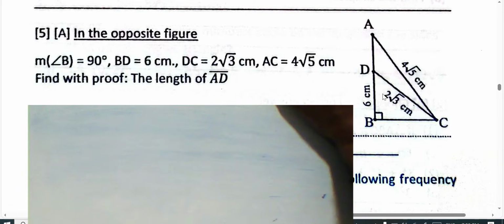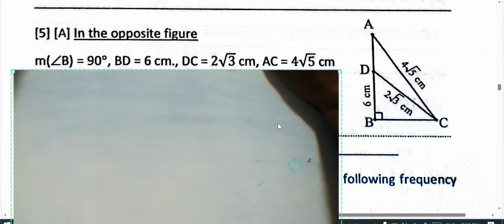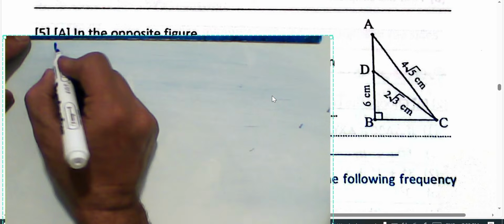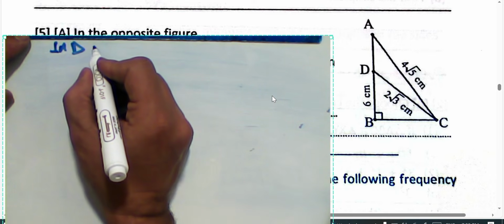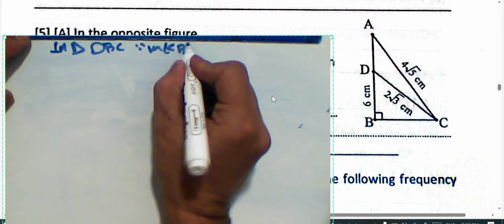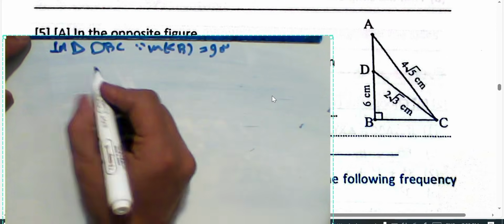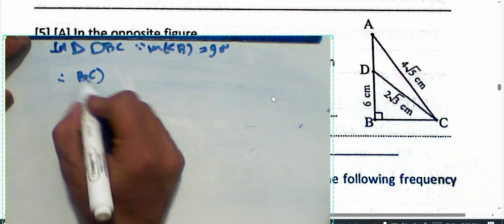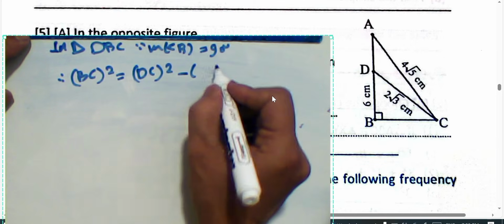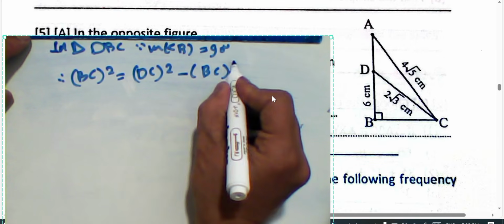We have a right angle triangle with hypotenuse DC equal to 2 root 3 and DB equal to 6 cm. We can find the length of BC. First step, in the right angle triangle DBC, the measure of angle B is 90 degrees. Then we can write BC power 2 equals DC power 2, the hypotenuse, subtract BC power 2, from Pythagoras